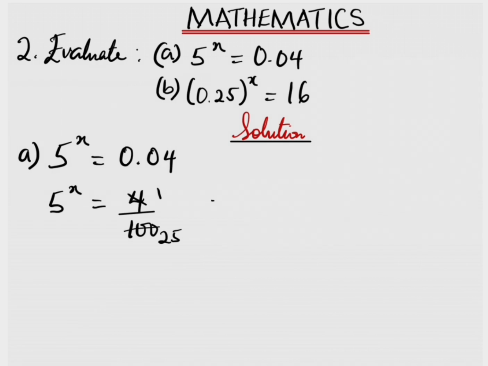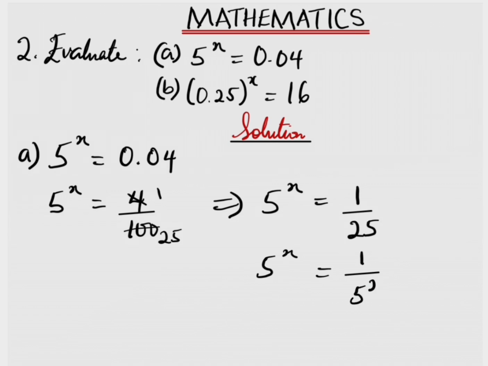So from here we have 5 to the power of x equal to 1 over 25. Now 1 over 25, we know that 25 is 5 to the second power, because 5 times 5 gives 25. So I can change 25 to 5 to the second. Then